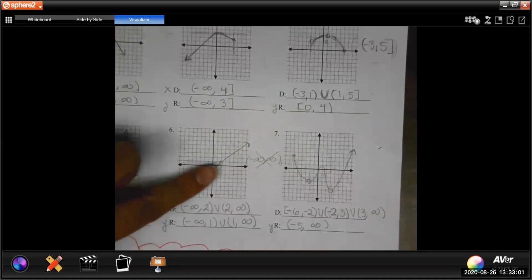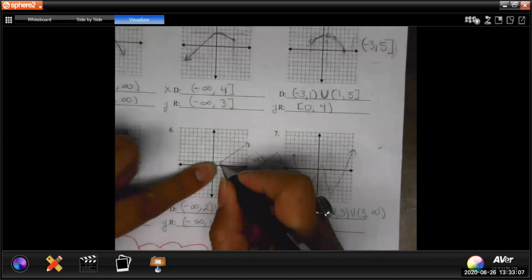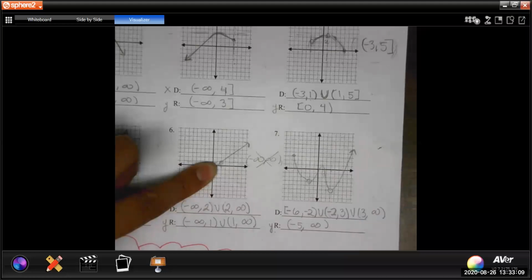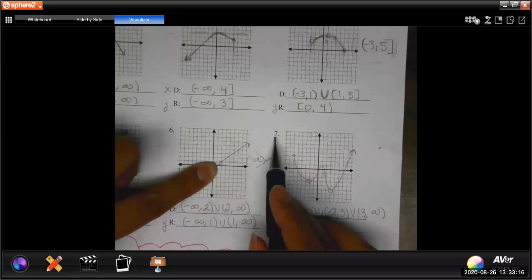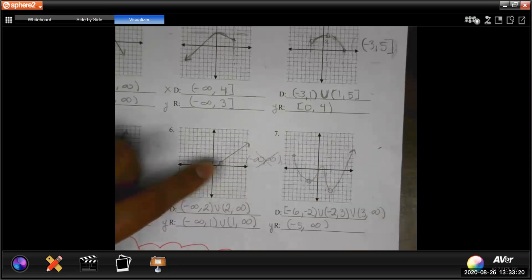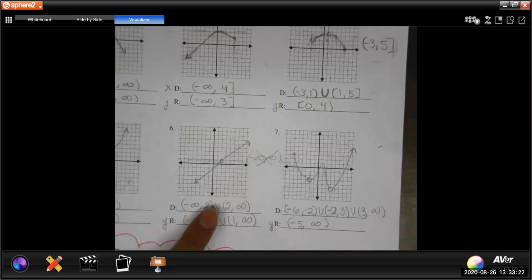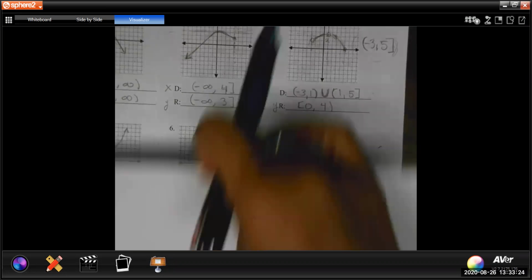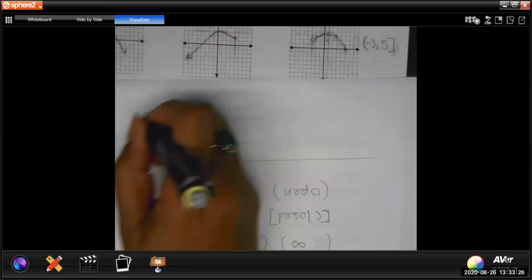Now we're looking at the right side. Where does it pick back up? Logan, what's that x value right here? 2. And then does it have an ending point, or does it go right forever? Right forever. Does that make sense? Yes. Now, we start at 2, we pick back up at 2, or stop and start at 2. If you had a graph like this,